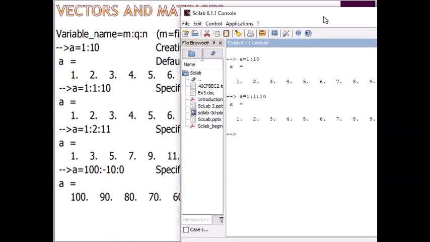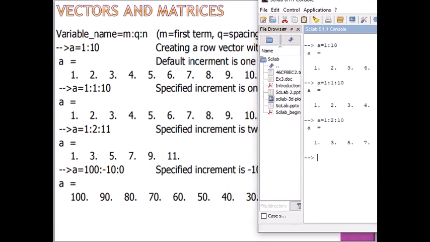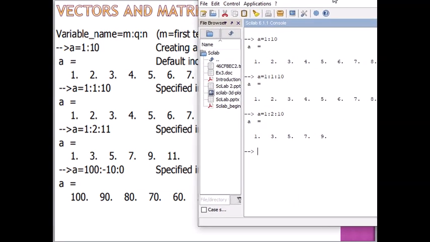And if we write a is equal to 1, 2 and up to 10, then we get 2 as the increment. So 2 is the increment for our command. So if we write 1 to 10, then 2 is treated as increment.